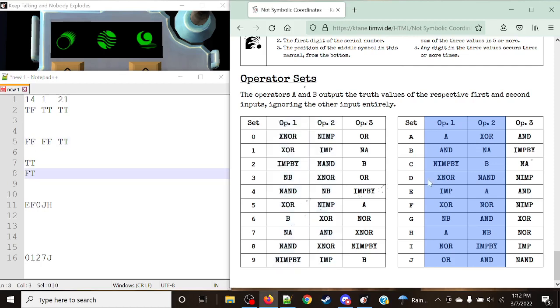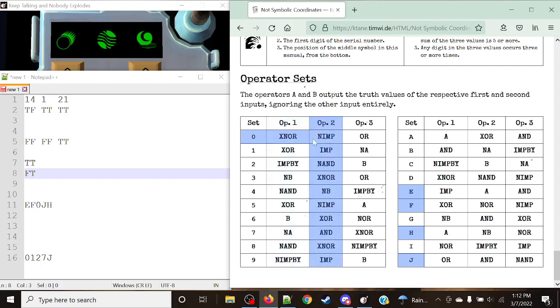So let's take a look at each of these individual characters. So we have Echo, we have a Foxtrot, a Juliet, a Hotel, and a 0. Now, let's try and get rid of anything that will give me a true statement for either operators 1 or 2. So let's highlight the operators here. Now, one last thing before we get into this, the operators A and B, which you'll see here, here, and here,